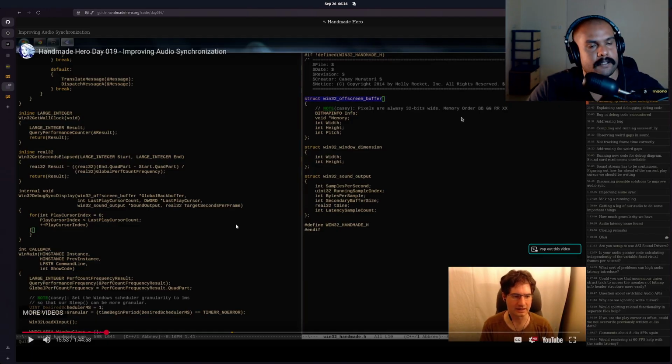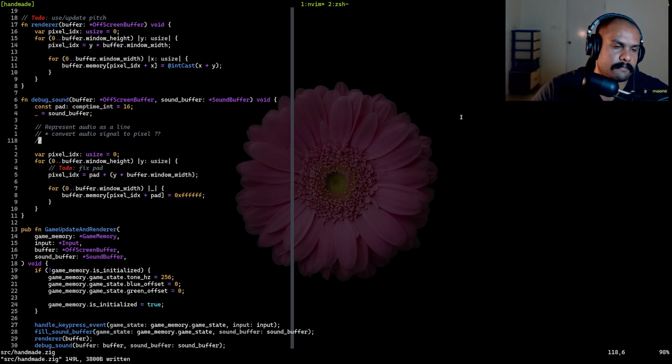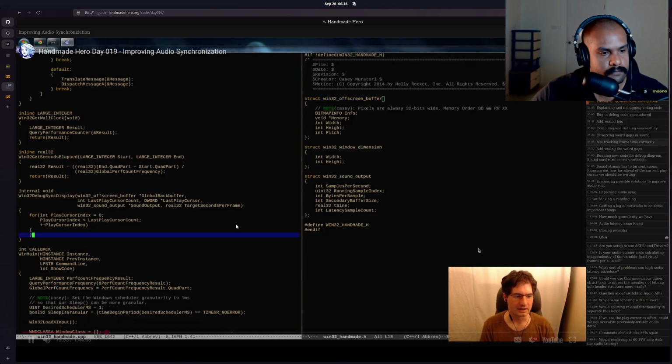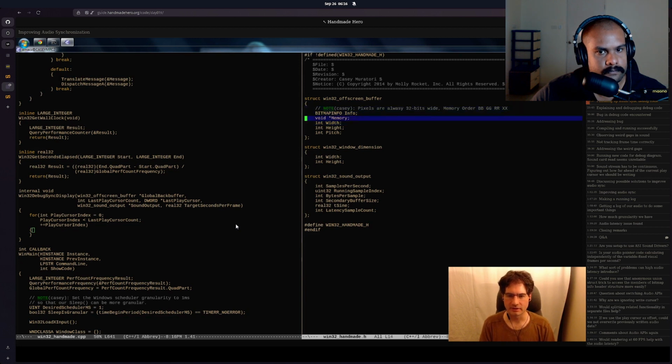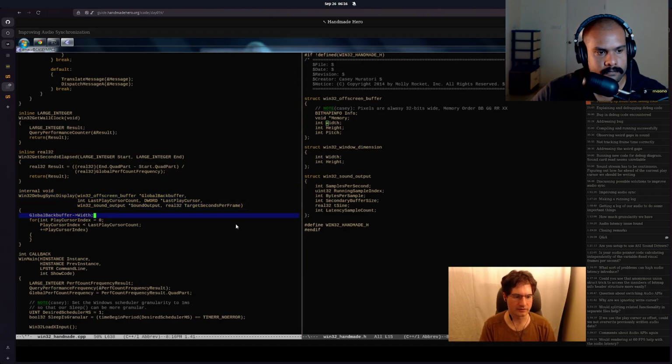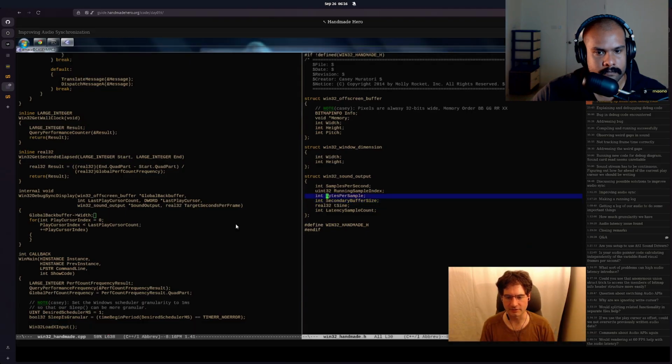Interesting. We don't have a play cursor. So we can't use the same method. What is going on, right? Two things. So basically, we've got this bitmap here. We know that it is width wide, right? So we know how big it is, and then we know that our sound buffer is going to have this secondary buffer size divided by bytes per sample. That's how many sample indexes there are in the